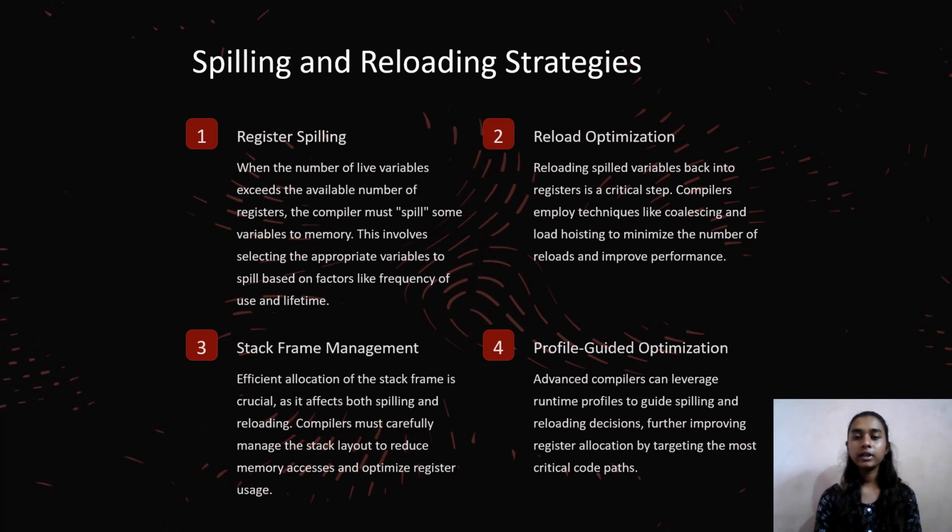Compilers employ techniques like coalescing and load hoisting to minimize the number of reloads and improve performance. Next is stack frame management. Efficient allocation of stack frames is crucial as it affects both spilling and reloading. The compiler must carefully manage the stack layout to reduce memory access and optimize register usage. And last is profile-guided optimization. Advanced compilers can leverage runtime profiles to guide spilling and reloading decisions, further improving register allocation by targeting the most